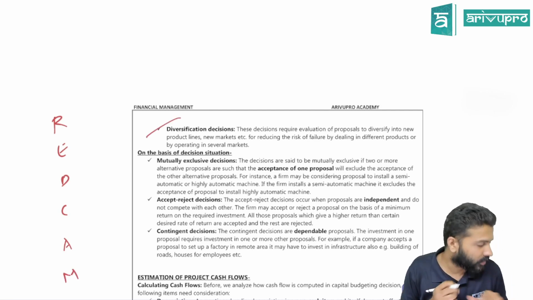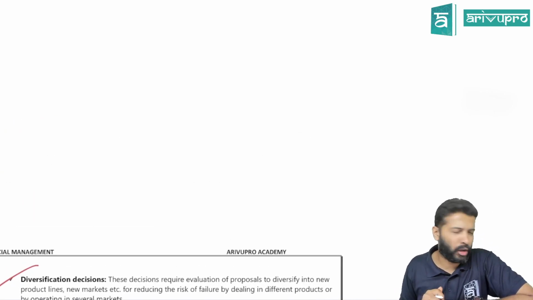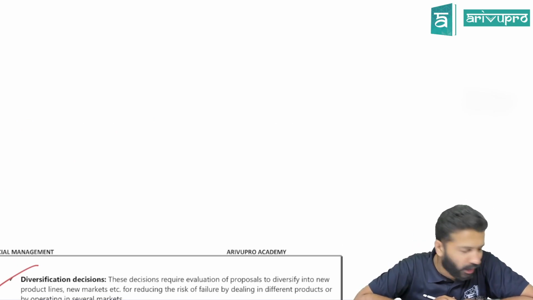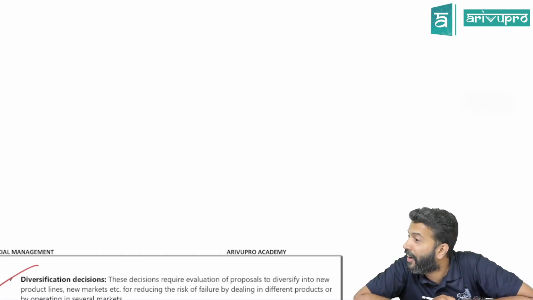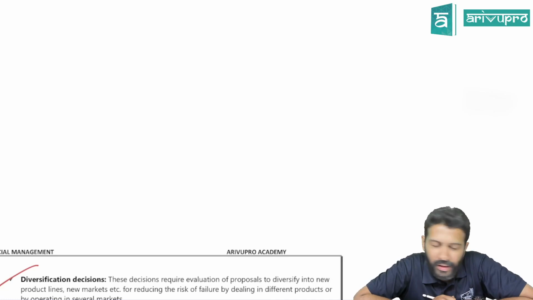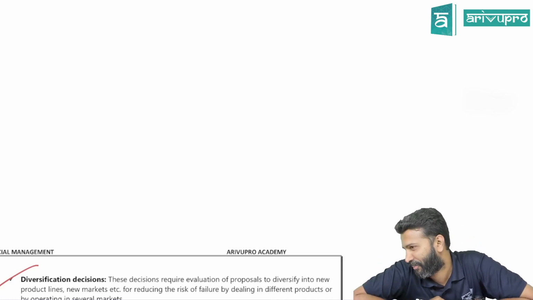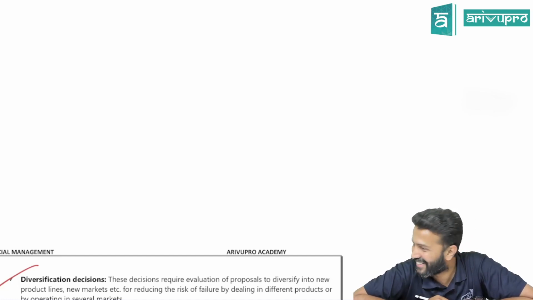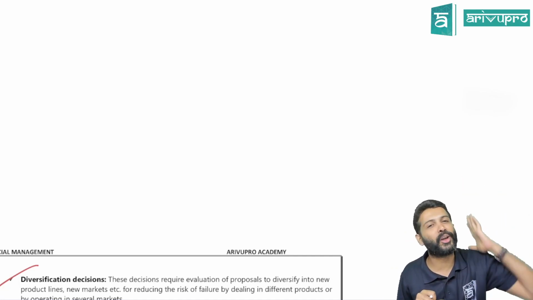D for diversification. Diversification means, let's say, sir, you became a chartered accountant. You qualified. I don't know why you're sitting in the class. Maybe you like me too much. Doesn't matter. You're still sitting in the class, but you're already a chartered accountant. After CA, you thought you would do something big. So you come into practice. Practice is a little challenging, especially the initial few years. So you started your own practice, sir.